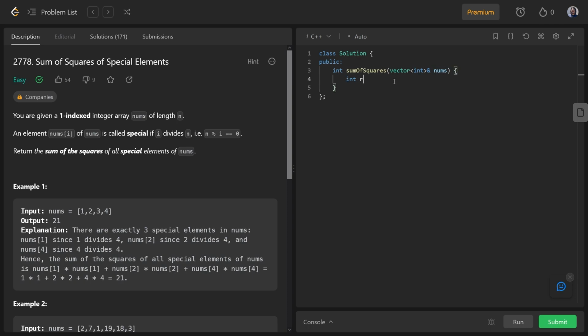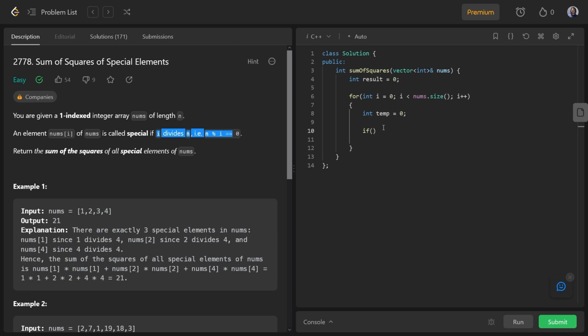So int result is equal to 0. All right, and then let's set up our for loop here. So for int i equals 0, i is less than nums.size, and then i plus plus, and then int temp. We're going to create a temporary variable here to store the multiplication part of it, just to help us out a bit. The next part that we have to do is create an if statement here. This is going to check, we're going to plug this part in here. So if